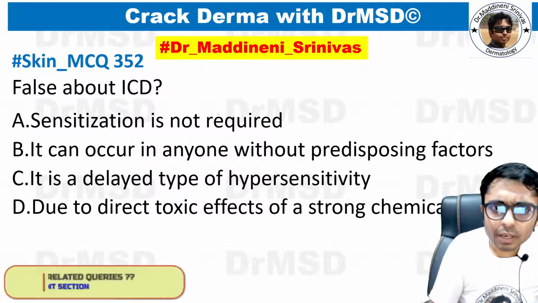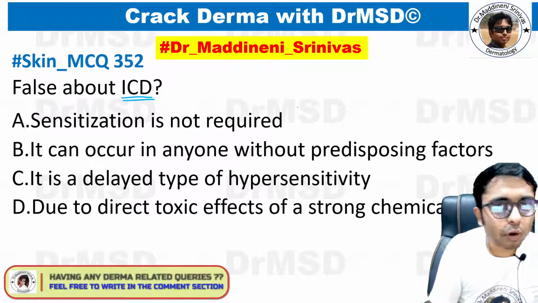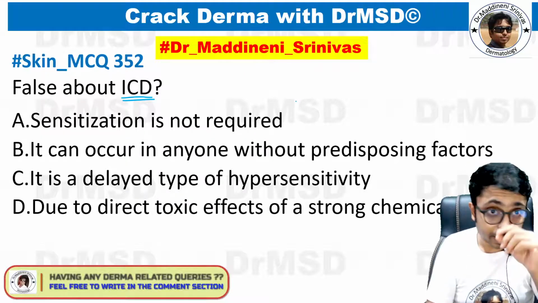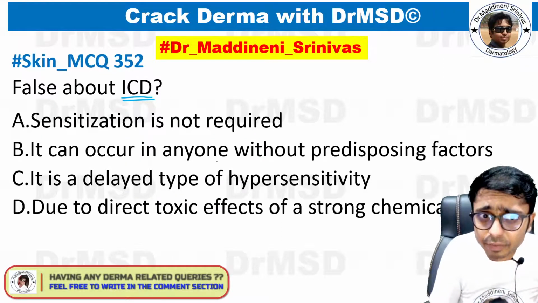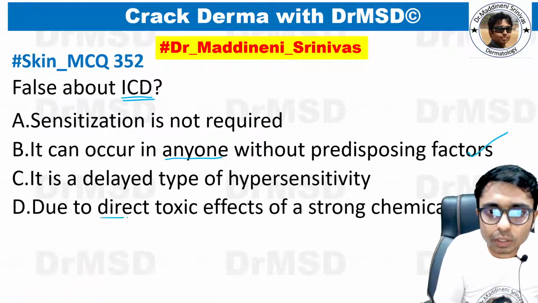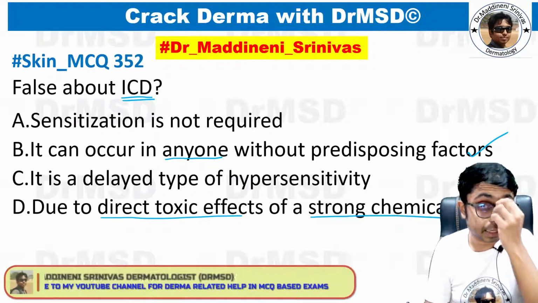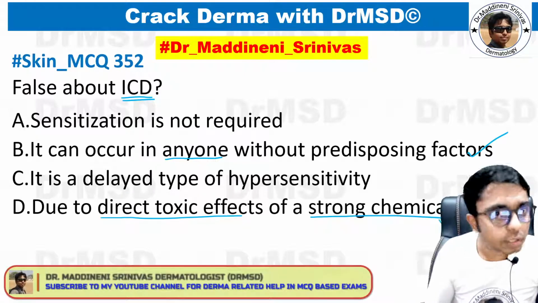So now if we look at this question, you will understand that in ICD, which of the following statements are right? So it can occur in anyone without predisposing factors. This statement is right. And due to direct toxic effects of a strong chemical, yes, that is acids or alkalis, they are strong chemicals. So this option is also right. And